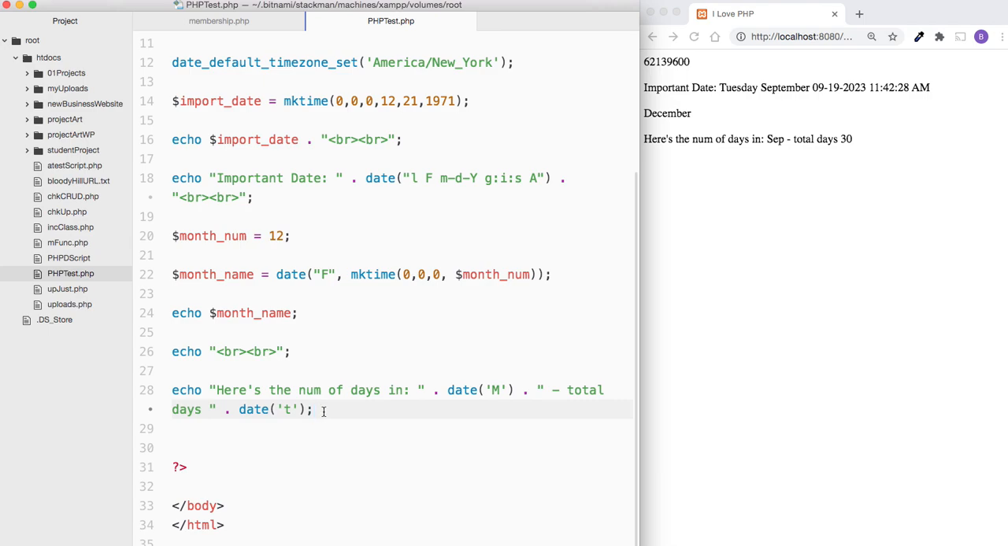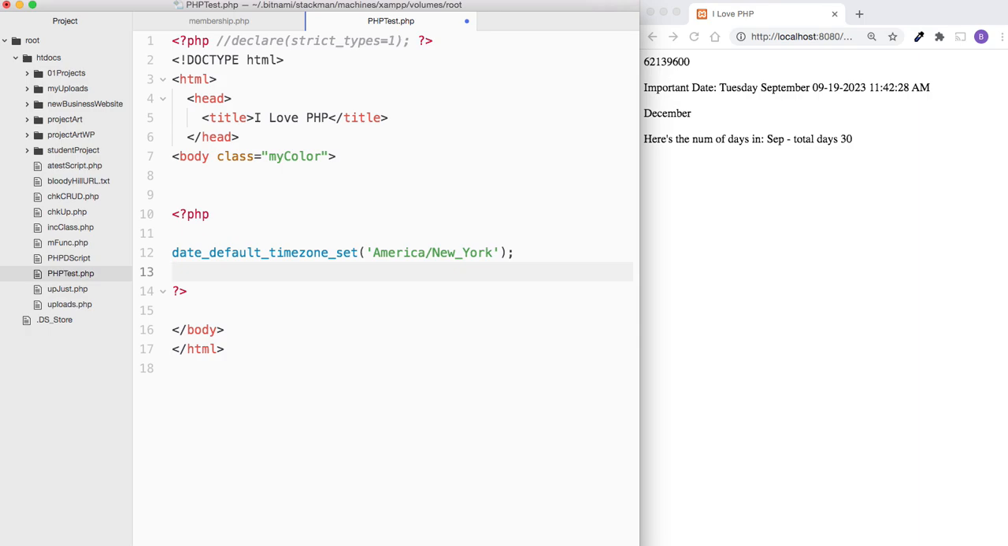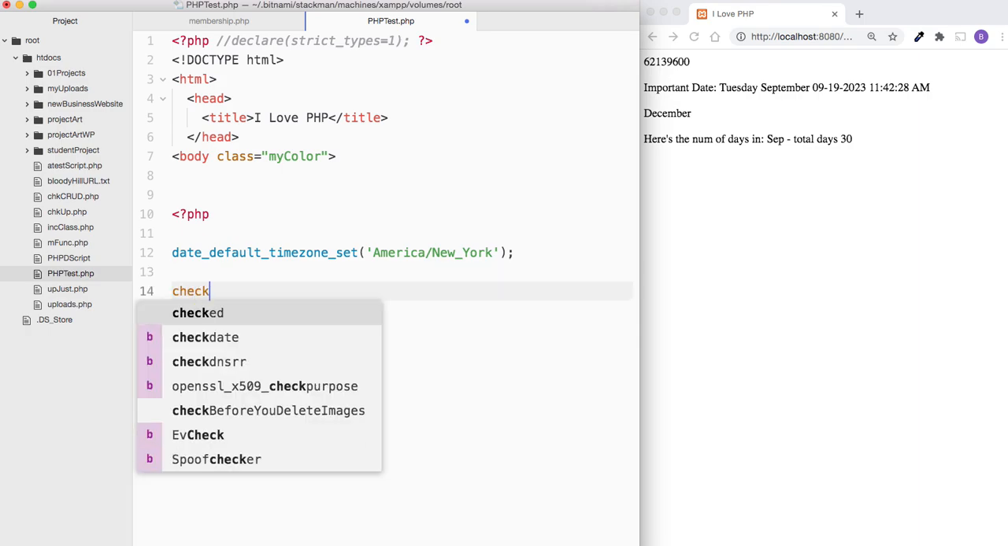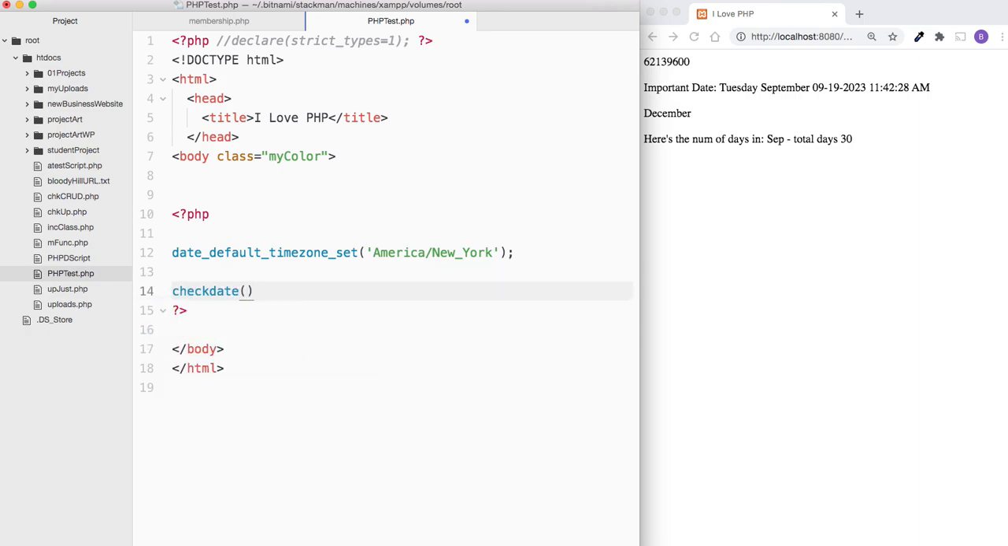Let's do this. You know something, let's get rid of this. Check date function, kind of like that. So we're going to do this by using the checkdate function, right? It is used to validate a Gregorian date. The Gregorian date has a valid range for the calendar